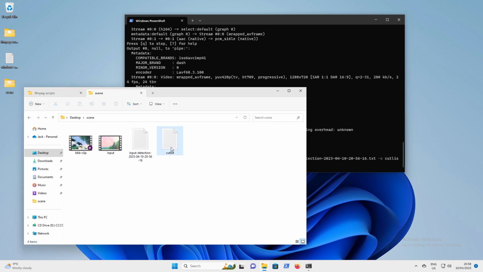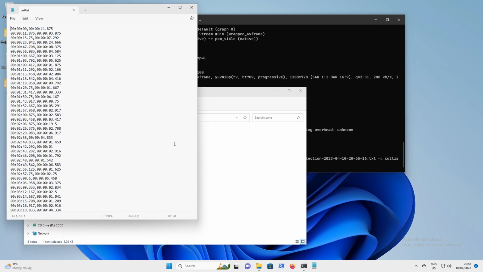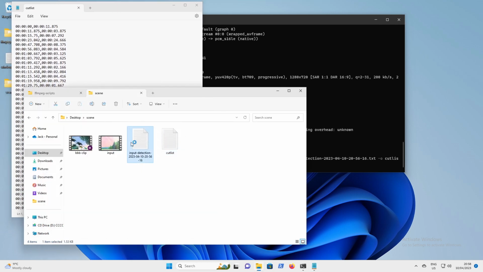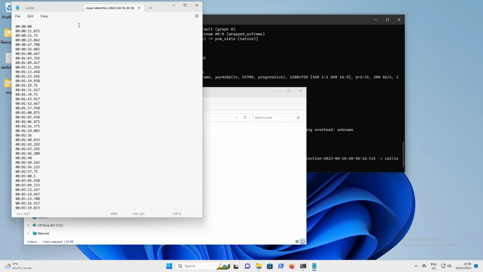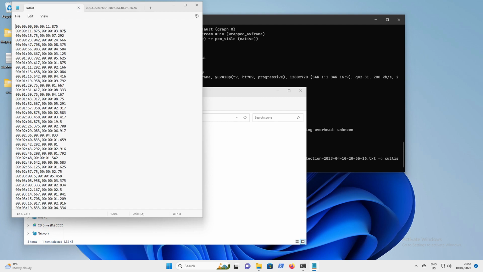So you want to keep these files in the same directory as the actual clip you're going to process. So we've got the cut list here, and let me just open this up. So this was the original detection, so you can see the start time here, then 11, 15, 23. What you see in the cut list is it actually created a CSV file with the start time, comma, and then